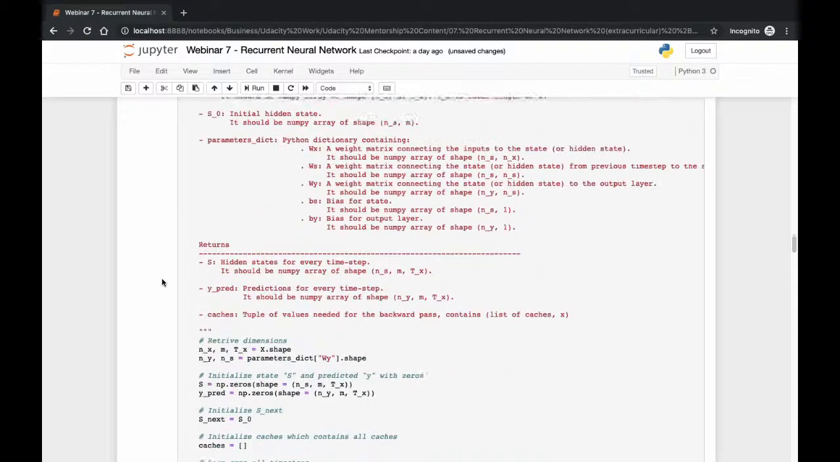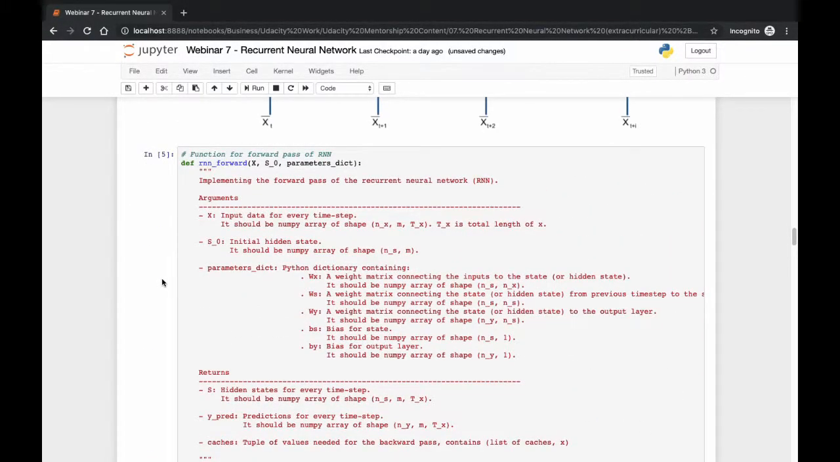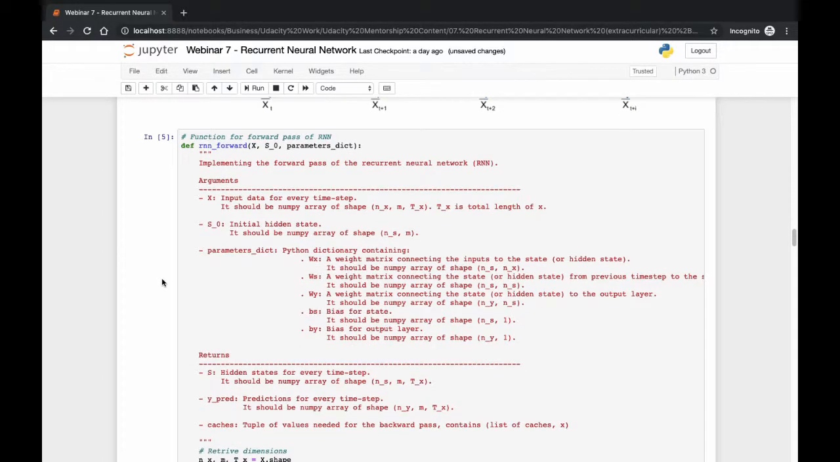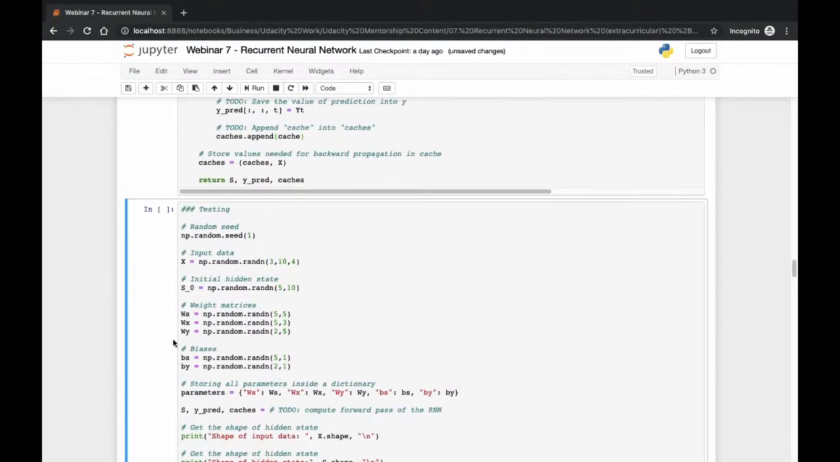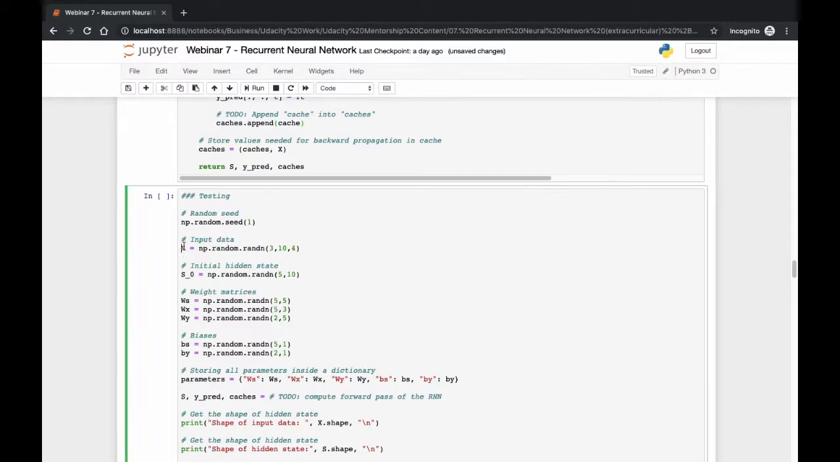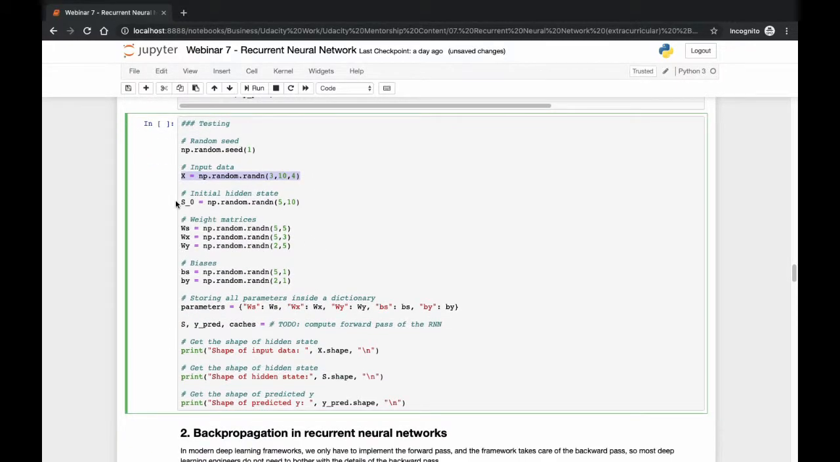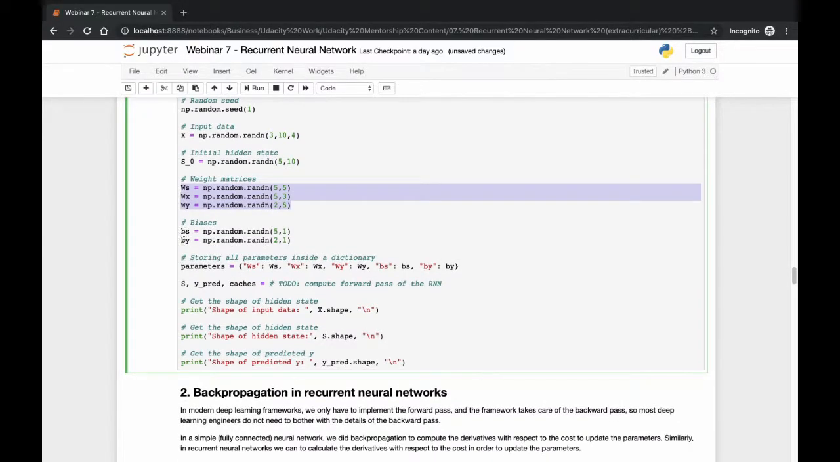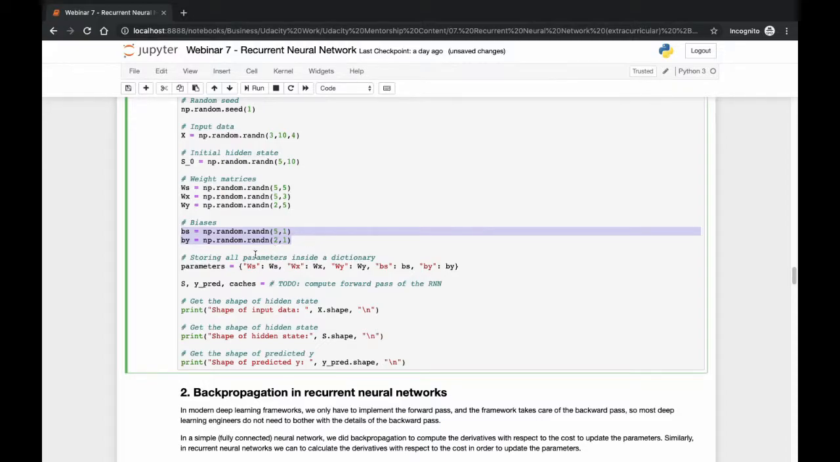And that is it with our RNN forward. So now we have created our function. Now let's compute it, which at the start we will create our input data, our initialized hidden state, weight matrices for input, hidden state, and output, and also our two biases, and we've put all of these parameters into a dictionary. So now let's compute this forward pass,